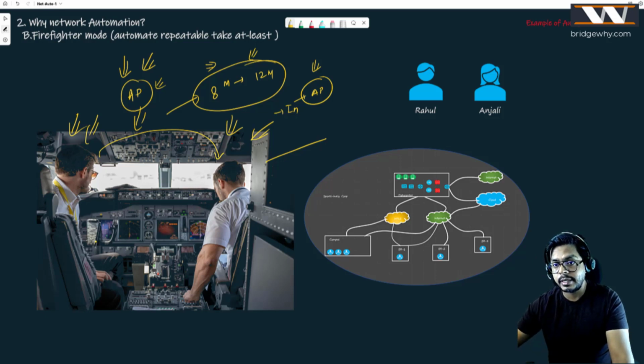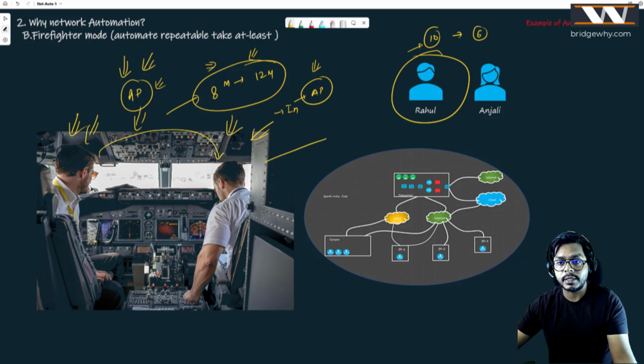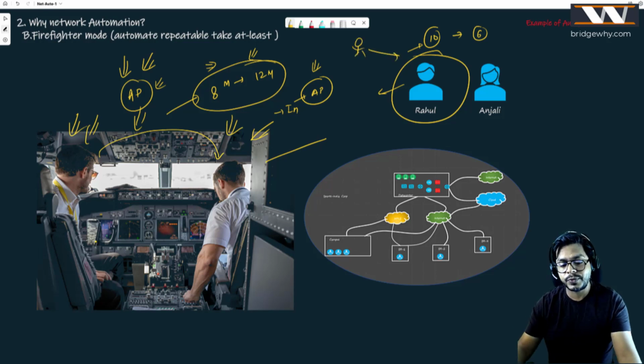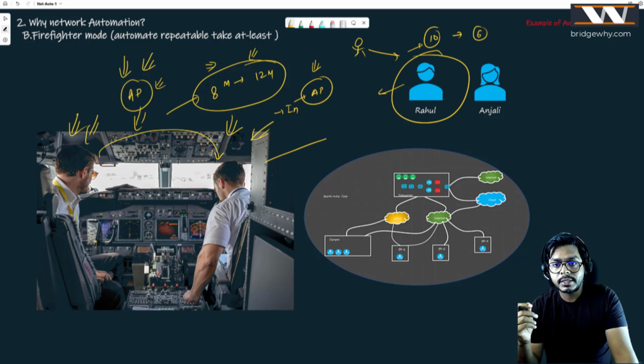And that is exactly my point: if Mr. Rahul is doing 10 repeatable tasks, and if you can just automate the starting six, which are the repeatable tasks, then definitely Mr. Rahul can spend some more time innovating this network instead of troubleshooting it. And now, if his boss came and asked, "Can we move to SD-WAN?" Mr. Rahul is happy that yes, now we can do it, right? But